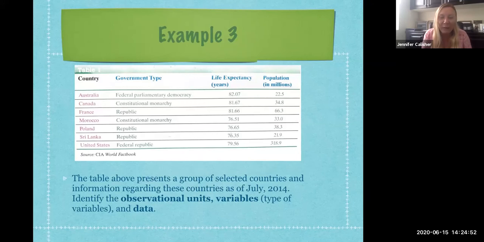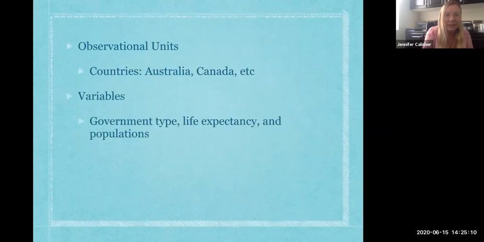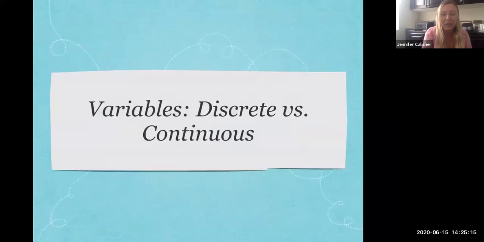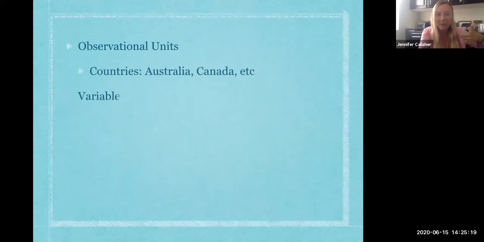And then the data. Can we see where the data is? Right? The data is the information that this table is giving us. So it's all of those different numbers, and it's all the information that we're able to get. Perfect. And then here are all the answers. Okay, so any questions so far? Thumbs up?